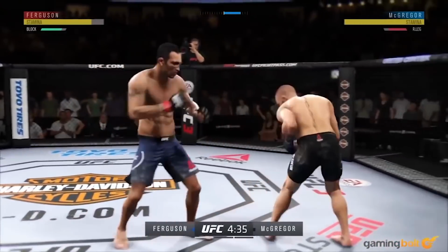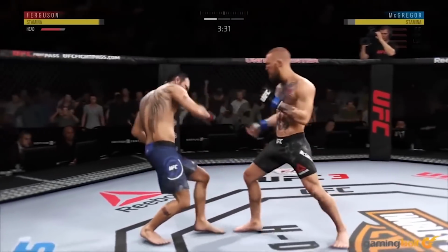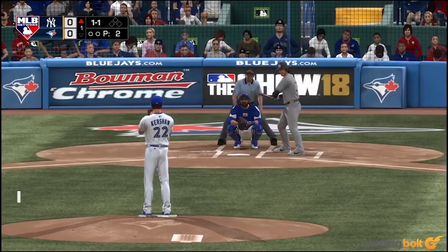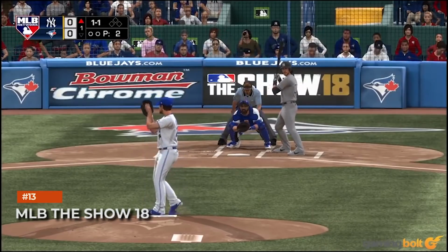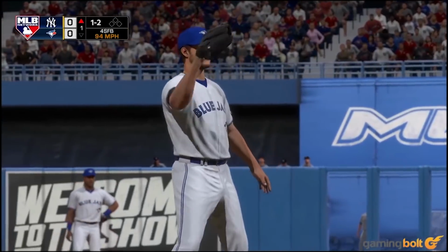It's a treat for fans of MMA, from the way the arenas are represented to the way the fighters are modeled, right down to the way their bodies react differently to each hit that lands on them. MLB The Show 18. Sony San Diego's MLB The Show is a rare example of a sports franchise that consistently